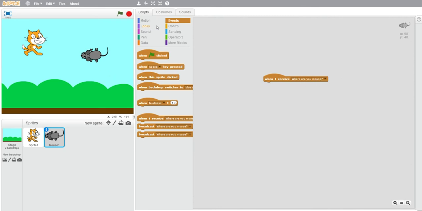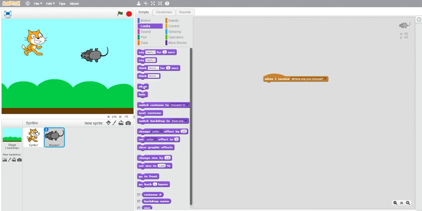So what should be the reaction of mouse? It should change the color effect by 25, or you can change it by 50 also. It is up to you. So it should change the color and say for 2 seconds, I'm here.